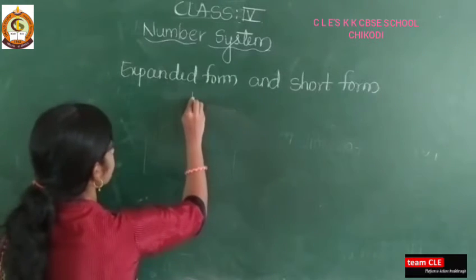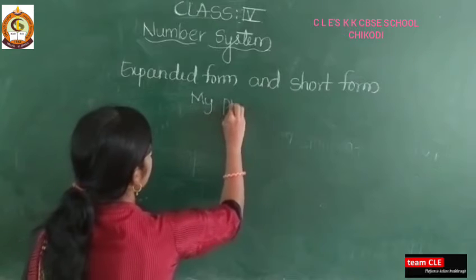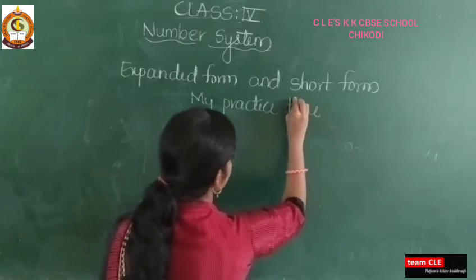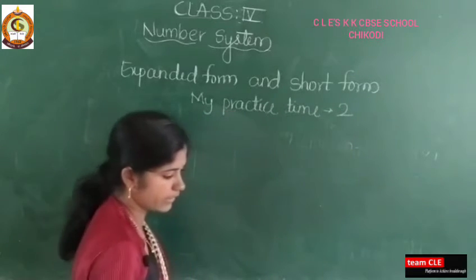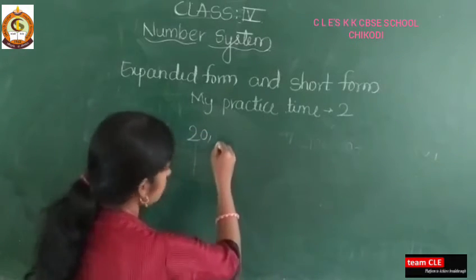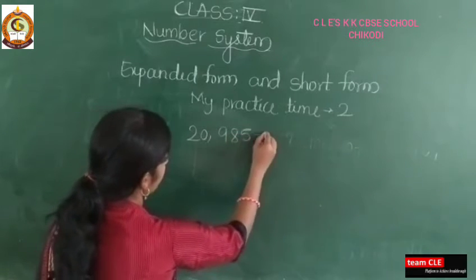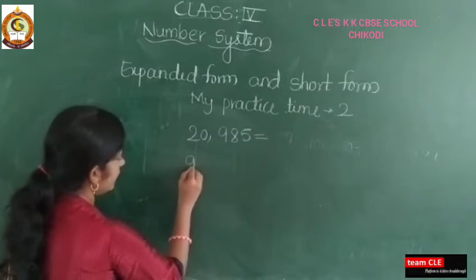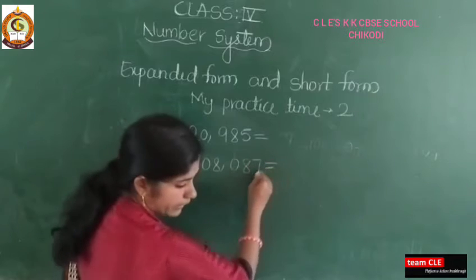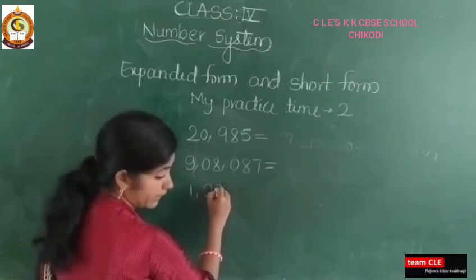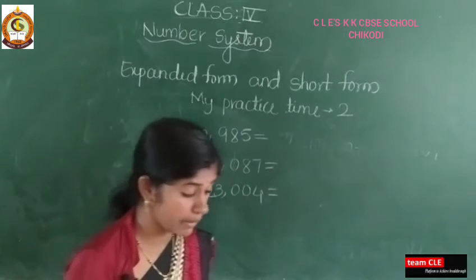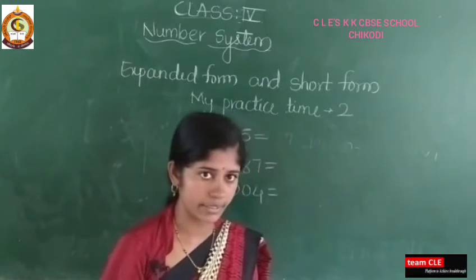My Practice Time 2. Yes, I will take one example: 58,000. I will take 20,985. I will take one more example: 9,08,087. I will take one more example: 1,23,004. So these are some examples I took from your My Practice Time 2, page number 84, and the first